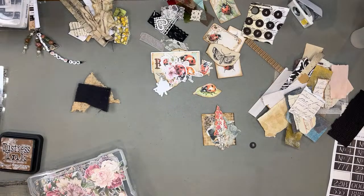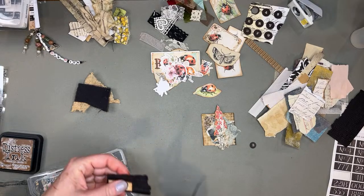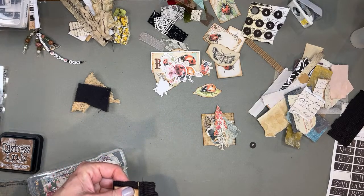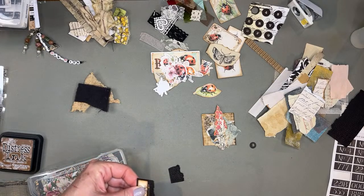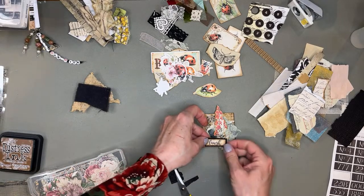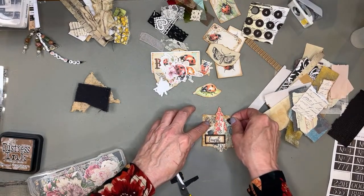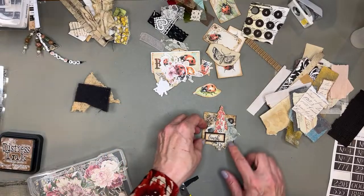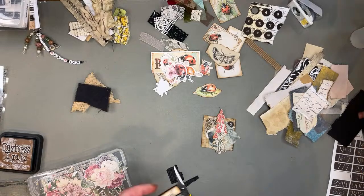Scissors. I'll choose these. Yeah, and then that will balance this number 3 up there. That's my take on it anyway. I can use